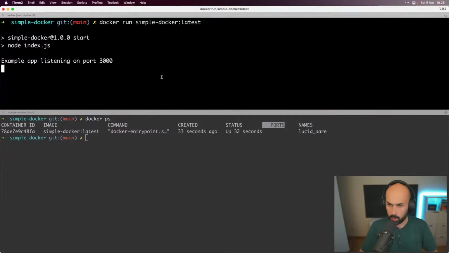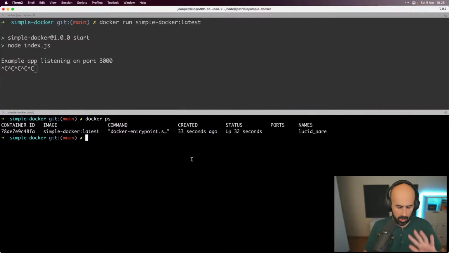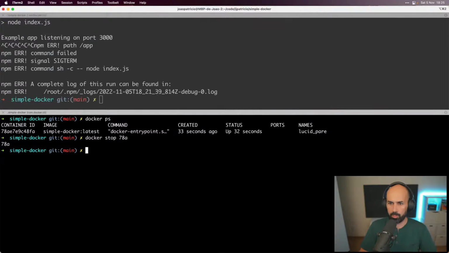So I'm just going to stop this execution with Control C. Oh, but we cannot because I didn't attach the output. So never mind, let's just stop it. Let's run docker stop in another terminal, of course. We want to stop this container ID, and not only this, we can use just a few unique letters. If across the whole system there's no other entity starting with 78AE or 78A, it will stop that container. And sure enough, it stopped. Cool.